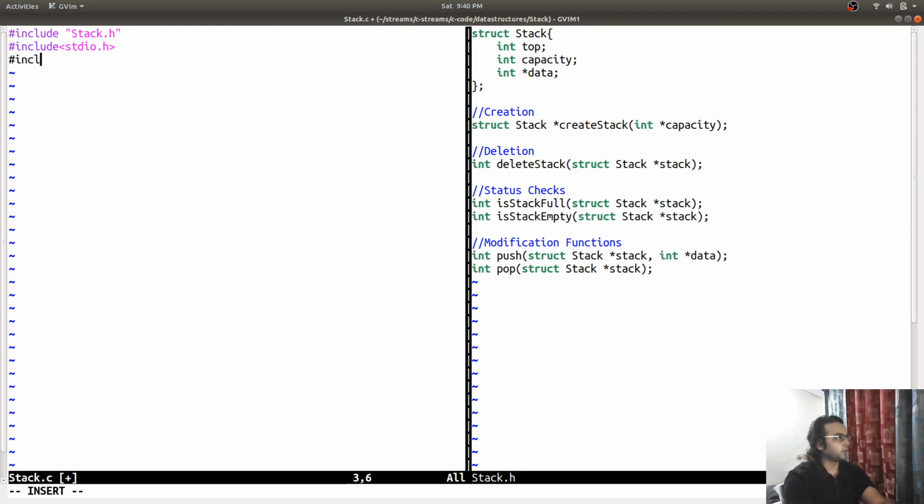Next I'm going to include the header with my stack declarations, input output operations, and malloc and free functions.